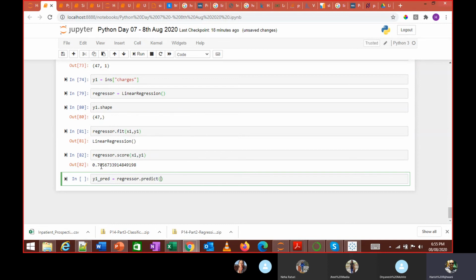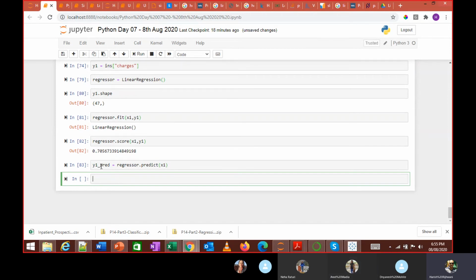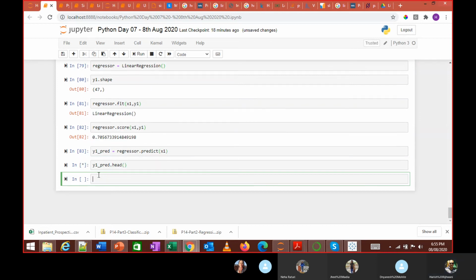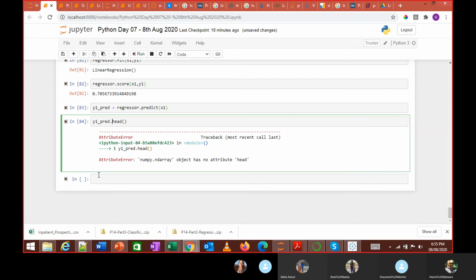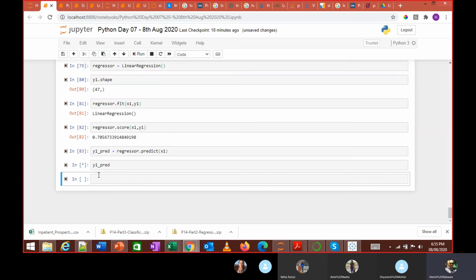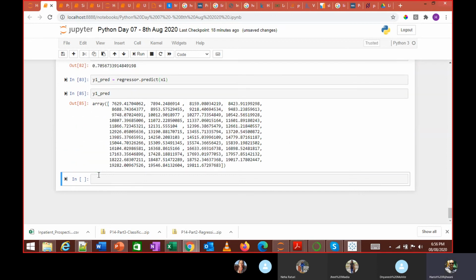What will I pass? I'm going to pass X1. And when I show this, it's an array. That's why it's getting this value.